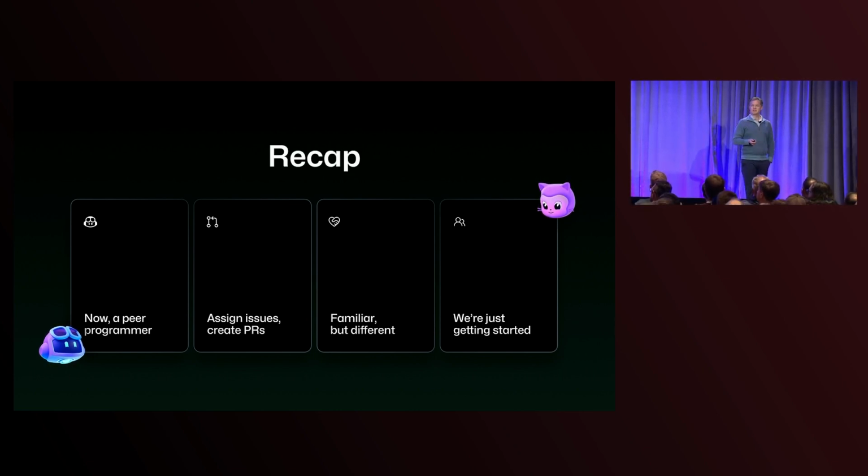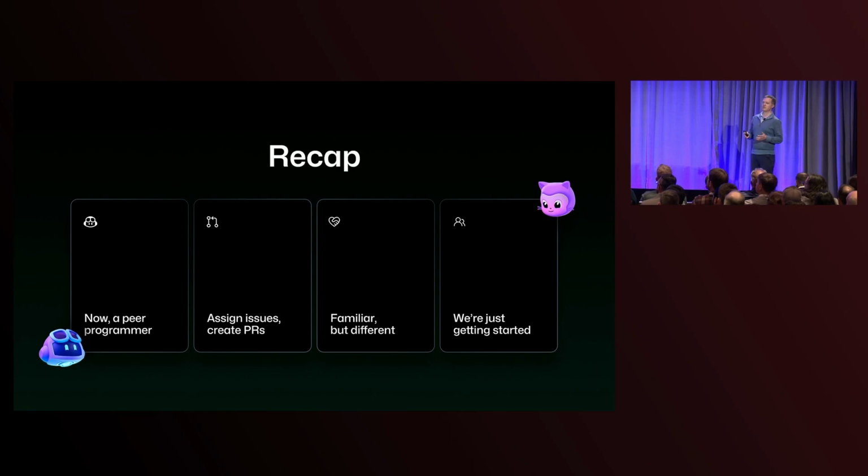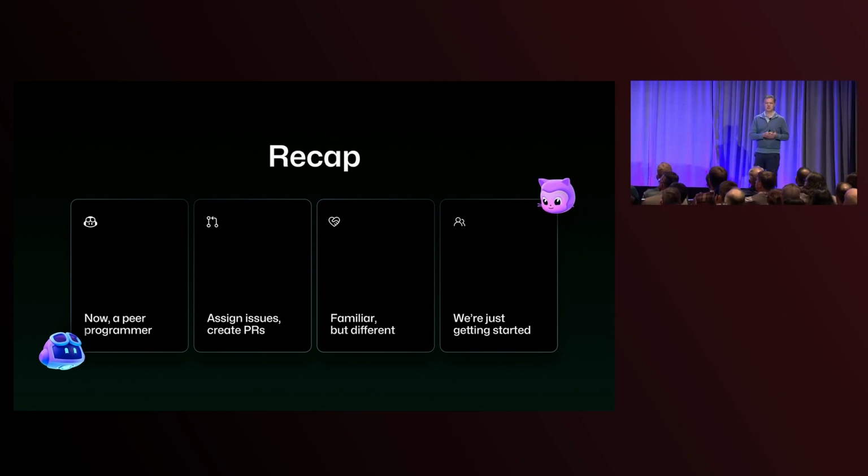Copilot Coding Agent sits on top of all the foundations we have inside GitHub. It sits on top of issues and pull requests and actions and Copilot. All these pieces that you're familiar with and use every day, now you can use along with the agent. And most importantly, we're just getting started. One of the things I often tell folks on the team is that the amazing thing about this is that we're clearly just 1% of where we can be in terms of the impact that this can have over time. And it's going to be amazing to see what we can build on top of this as we go.